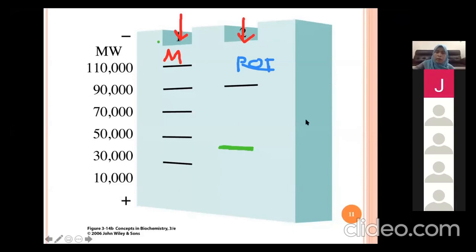Okay, the molecular weight of your protein of interest will not change. It will just be like that, according to the marker that you have here. If you overrun, maybe you accidentally forget to turn off the current, the volt and everything, you just overrun it,